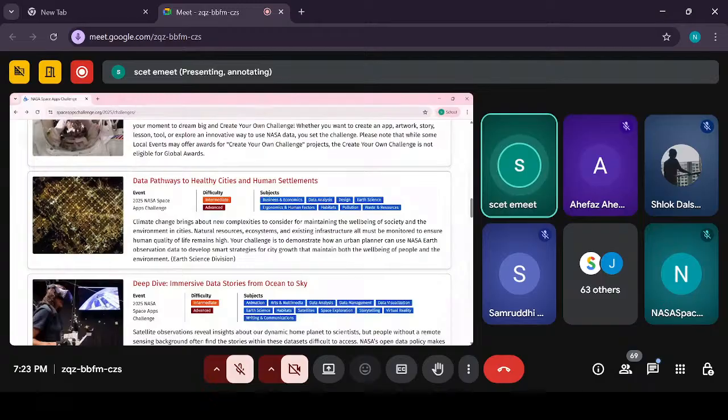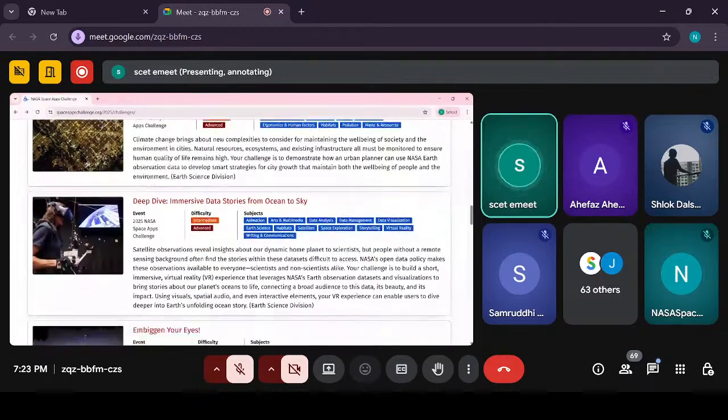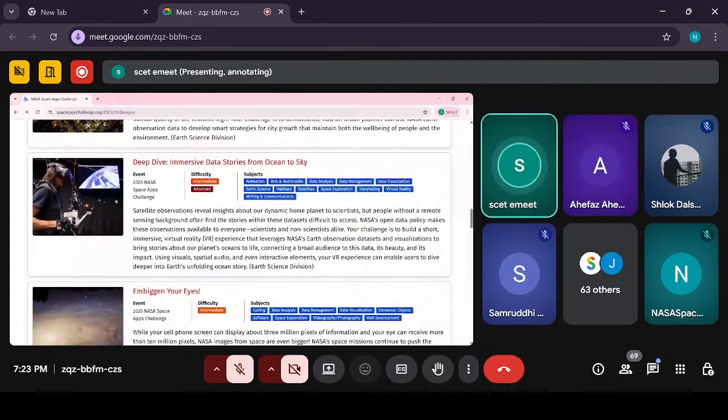Again, this is an intermediate and advanced level challenge. Next, we have deep dive, which is immersive data stories for ocean to sky. This challenge is about turning NASA's ocean data into a virtual reality experience. So your task is to create a short, immersive VR project that uses satellite data to tell a compelling story